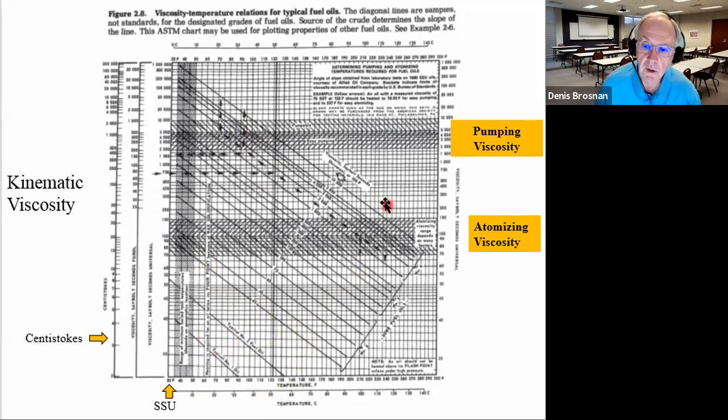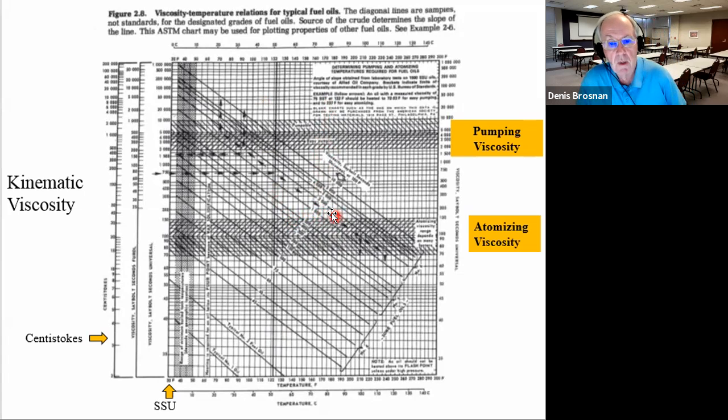In this diagram, North American has given you some general ranges for the pumping viscosity that is required to move the oil around in the system, to recirculate the oil. And then when we get to the burners, we've got to be at an atomizing viscosity. So our lines might have additional heating, depending on the type of oil that you're using, in order to not only pump, but also